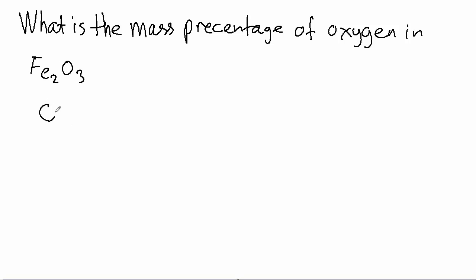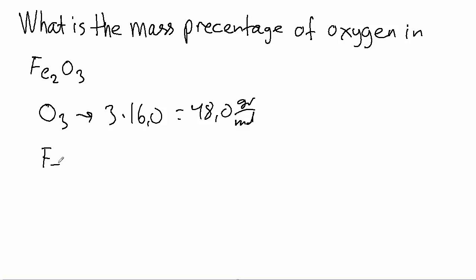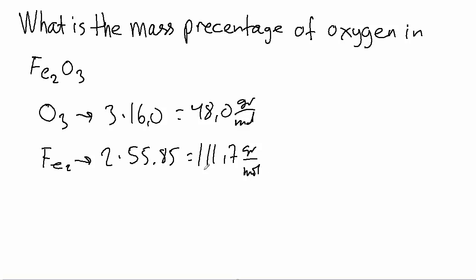So let's do that. Now O3, the molar mass for O3 is simply 3 times 16.0, which gives me about 48.0 grams per mole. Now the iron is then 2 times 55.85, which gives me 111.7 grams per mole. Now I add these two together, so the molar mass of Fe2O3 is then equal to